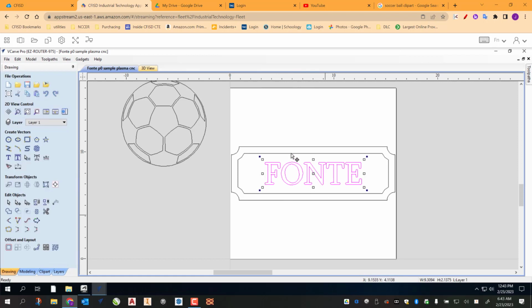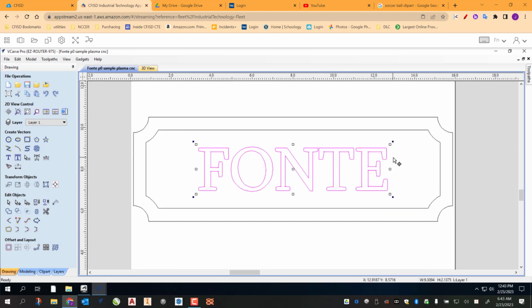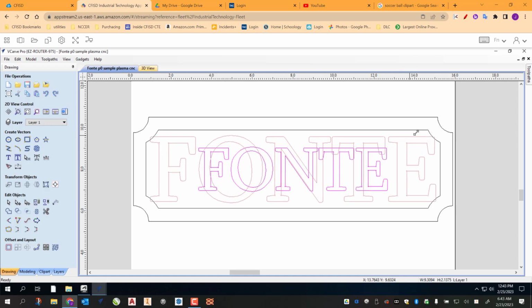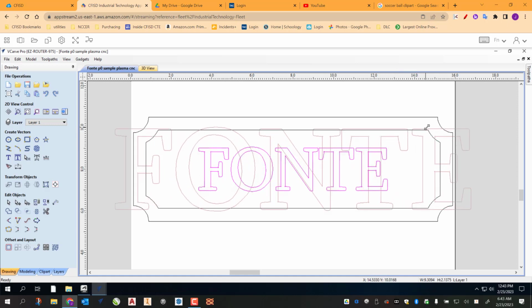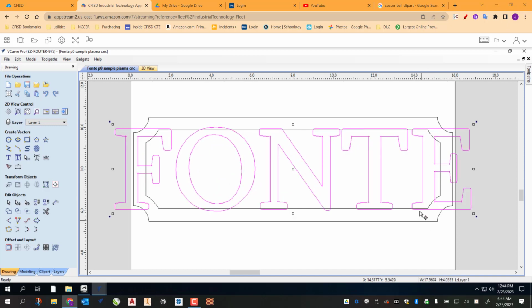All right. So I'm going to select it, and I just want to make this a little bit bigger. I'm going to zoom in a little bit here so it's a little bit easier to see. If I grab this corner and I hold the Shift key, it will enlarge it proportionally. Now, if you look, if I keep going,